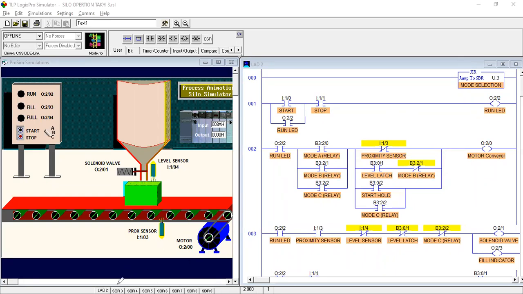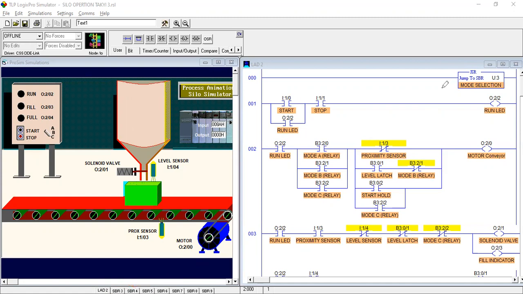Suppose you have a controlling part, you can add subroutine 3, and you have input terminal parts, you can add an SBR4 file, and you have a large number of outputs you want to control, you can add the outputs in the SBR5. So these are the subroutine files which separate your programs.